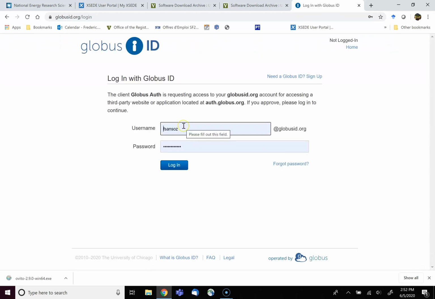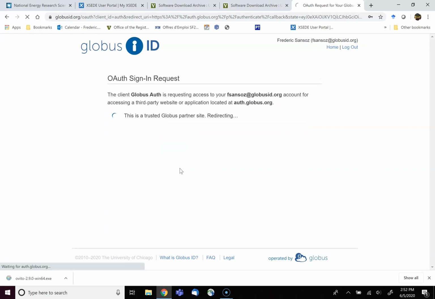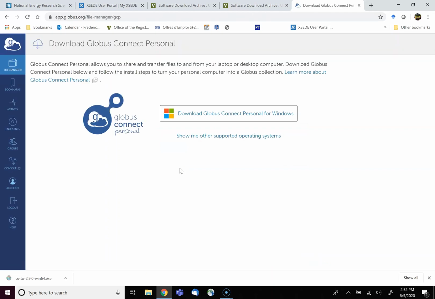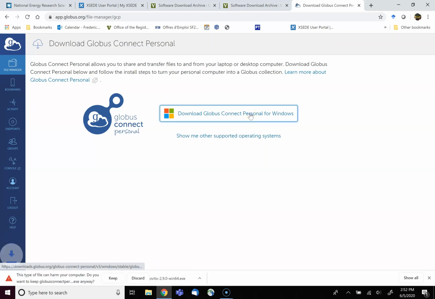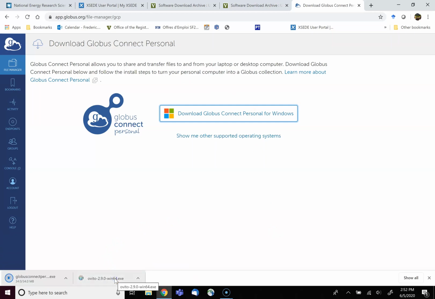So for me, I'm fsensos on XSEDE, and this should be my password that I use to connect on a supercomputer. Okay, and so that gives me access to the software. Okay.